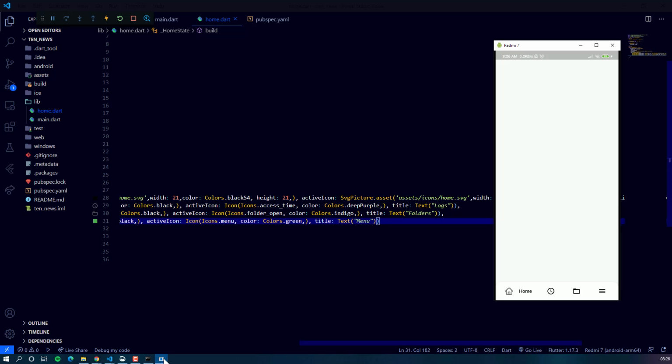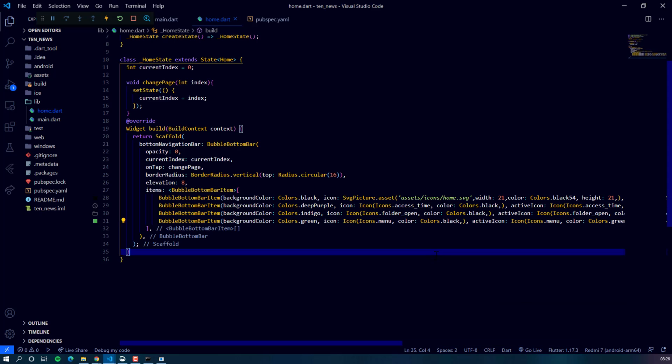Now as you can see in the app, in the home parameter I have my custom icon. Now I would do the same copy and paste for the rest of the items.